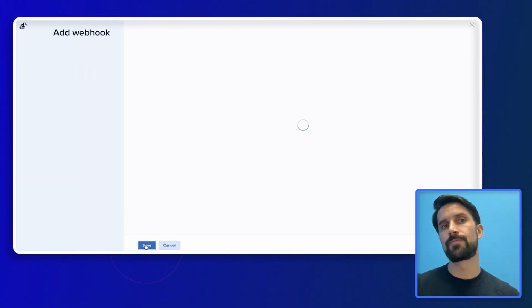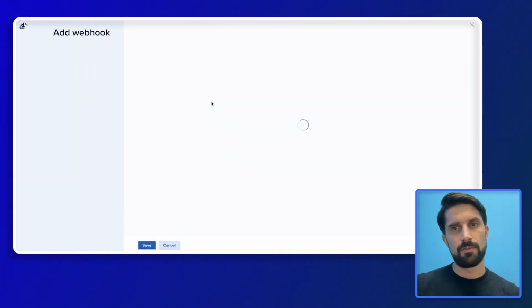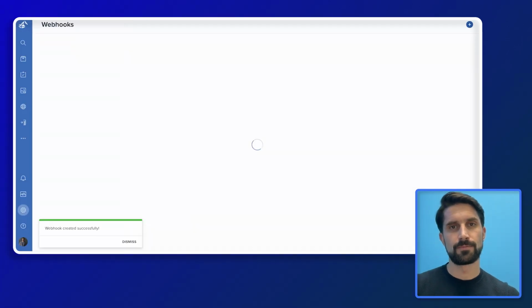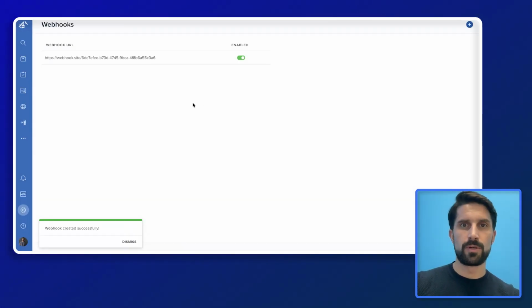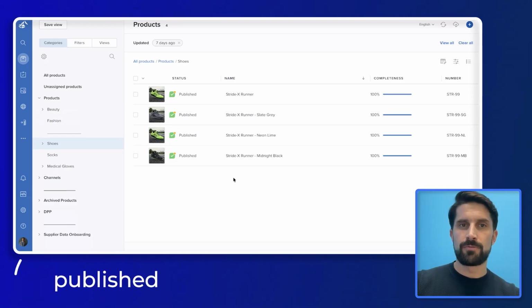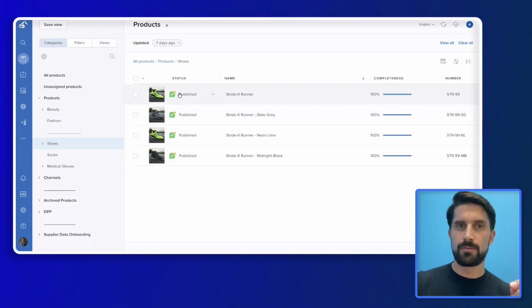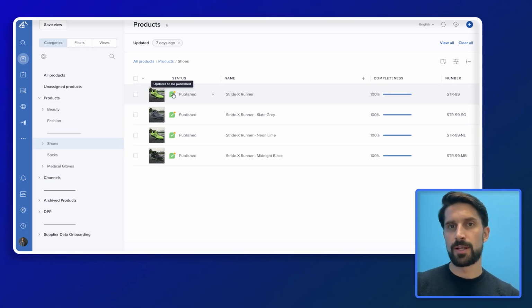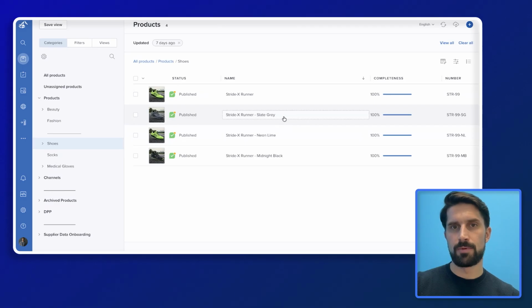Okay, so I'm going to save this. Now the webhook is active in a couple of seconds here. Okay, the webhook is active, and we can go back into the PIM here. And just a few words on that published management API versus public API. So you can see that these products are published already. But a change here in, for example, the name, if I want to spell gray differently, this change doesn't go live, for example, in an e-commerce now. We still need to publish that,